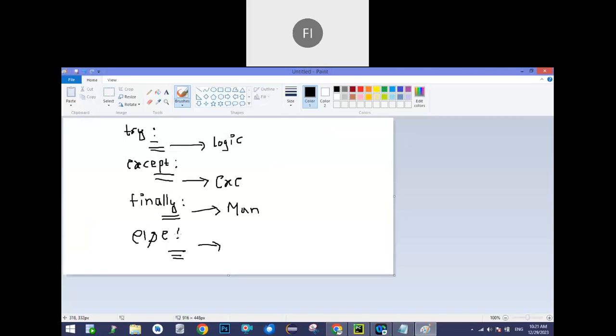Okay, so your code execution process is like this. If try runs successfully, finally runs, except does not run, and similarly else runs. These three run together. Okay, if try runs, finally runs, else runs. Otherwise, if a problem comes in try and try stops, then except and finally run, but else won't run. Okay, this is the flow, the order of execution in the block structure. So if try executed, it will go for finally and then else. If except ran, it will go for finally, it won't go for the else part.